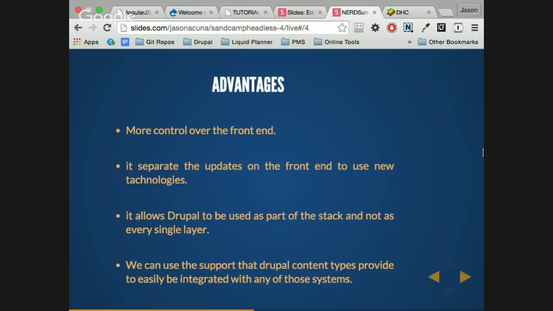It separates the updates from the update in the back end. So if you want to upgrade and change the way your application or platform looks, you can do it without impacting the current data and without migrating.